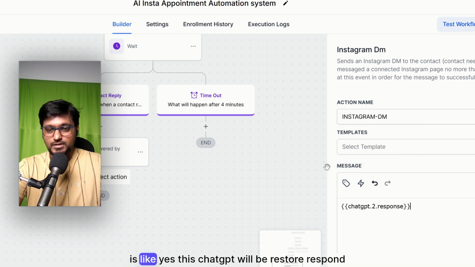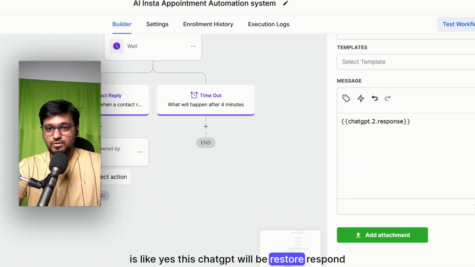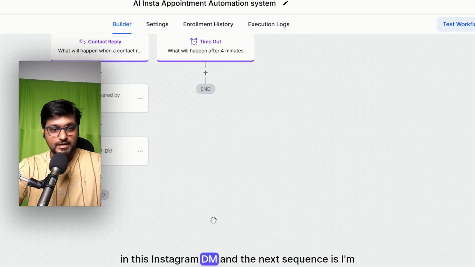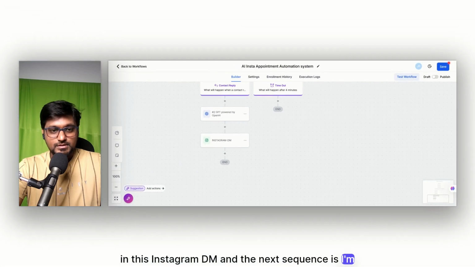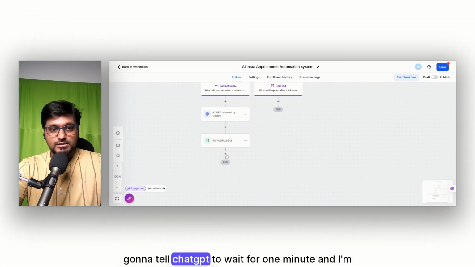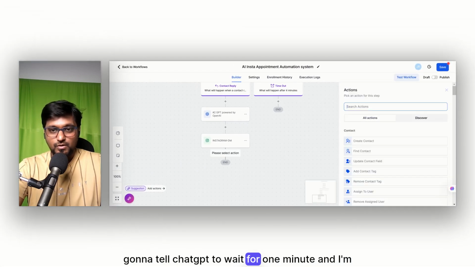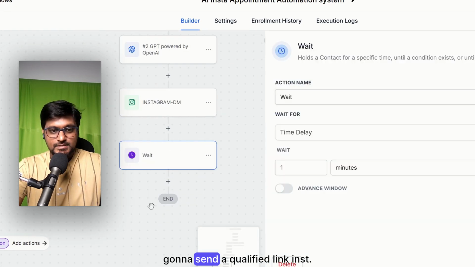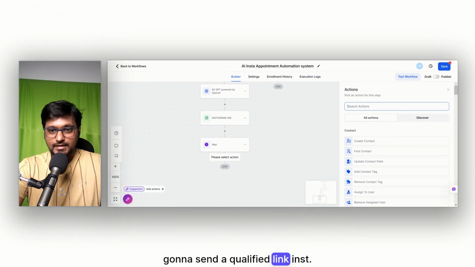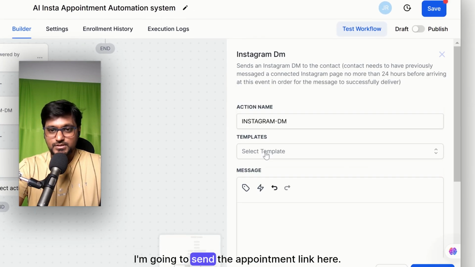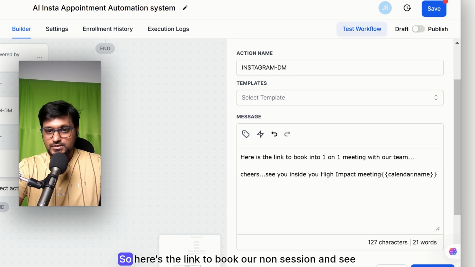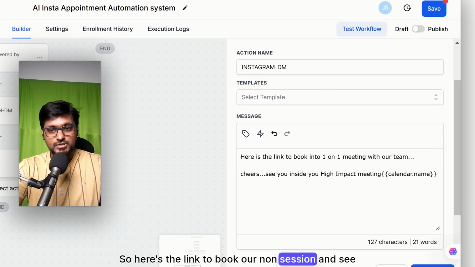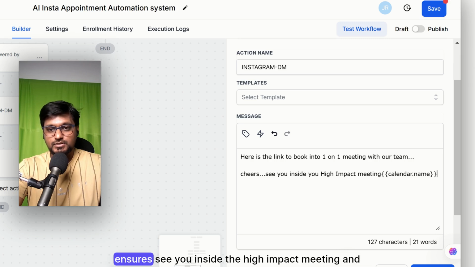And the response is, yes, this ChatGPT will respond in this Instagram DM. And the next sequence is, I'm going to tell ChatGPT to wait for 1 minute, and I'm going to send the qualified link in the CRM. I'm going to send the appointment link here. So here's the link to book a one-on-one session, and see you inside the high impact meeting.